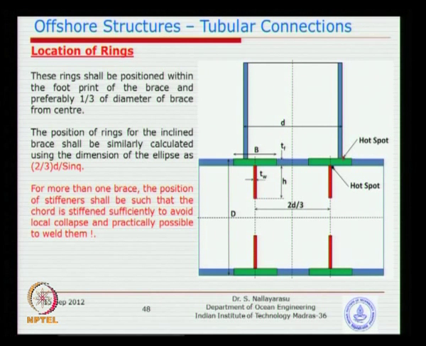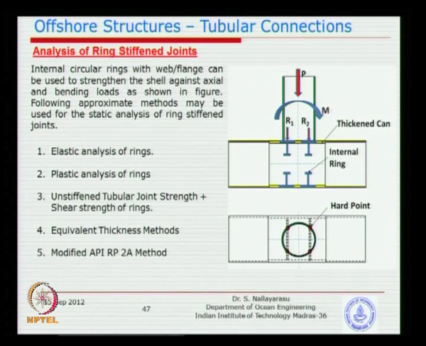Normally we position in such a way that if you see the plan view, something like this, the ring should actually be placed within the periphery of the brace. Do not provide it outside, it is not very good, because here the load will transfer at the hard points. You see the red color point, that is the crossing of the stiffener with the wall of the pipe or the brace.